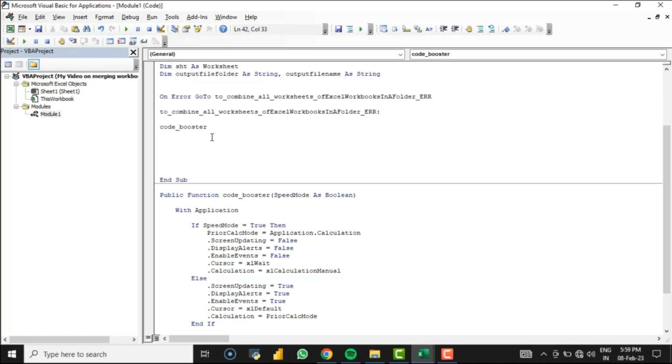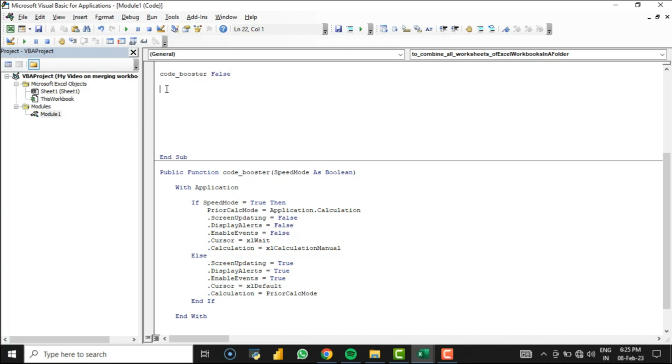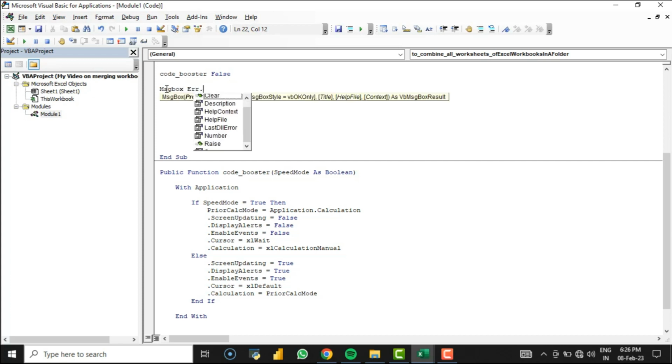We have done this. So we will be calling this function here when an error occurs, and we will be giving false as an argument here, as we don't want the application to be faster, right? So this code will be run in that case. After this statement runs, I want a message box to be displayed, so I'll be writing here message box, and I want the error description to be displayed to the user so that he gets to know what he is doing in a wrong way so that he can correct himself. Then the error number,